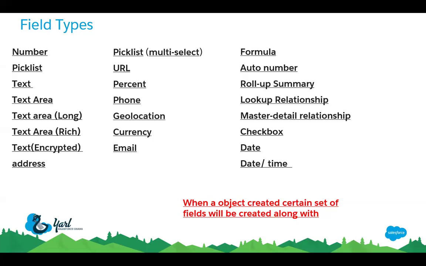We are talking about roll up summary. It has to be a master detail. The easy example for the roll up summary field is the order line item example. So order is master, the line item is a child, right? Detail, master detail, or parent child. You are comfortable with it, right? So now let's say you have to calculate the total of your order,